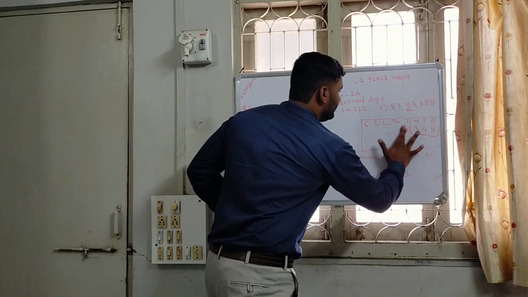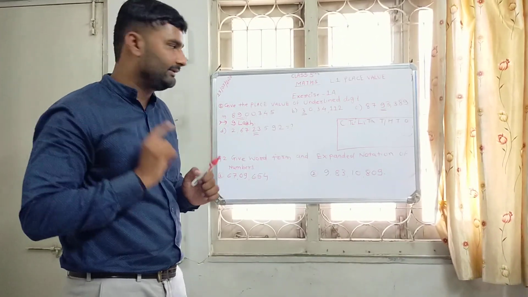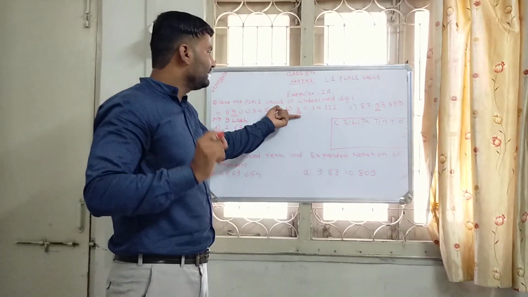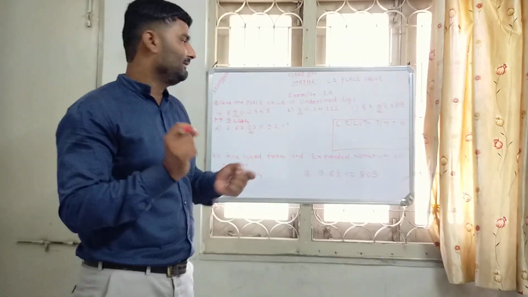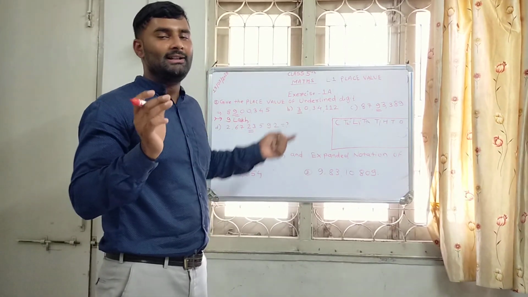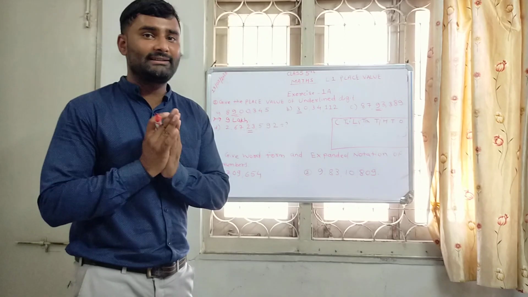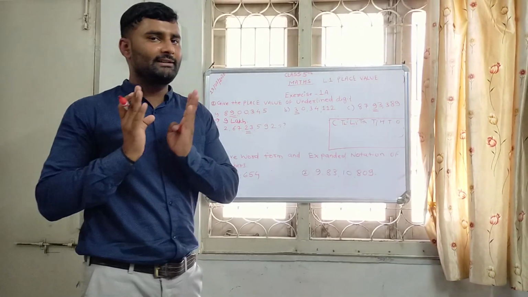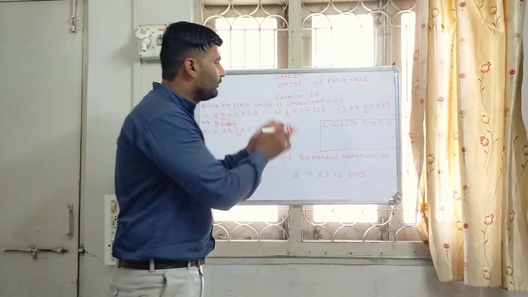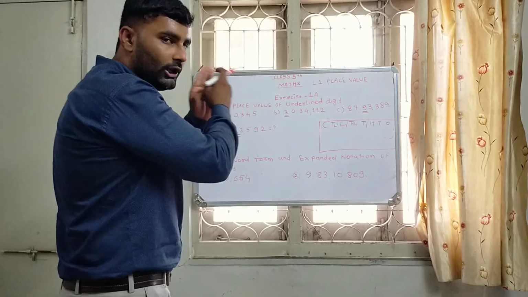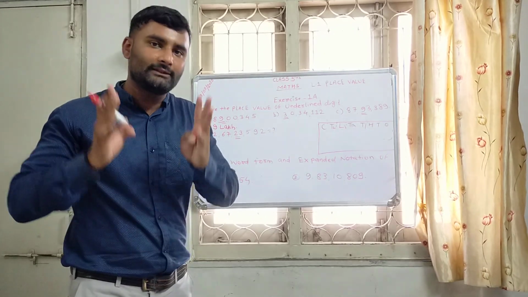After that I am going to solve question B of question number 1. First of all, we have to count the digits, that means how many digits are there. Once we find how many digits there are, we put the digits in the place value chart, and then we watch the place value chart, and in the column of the underlined number we write its value, which is called the place value.